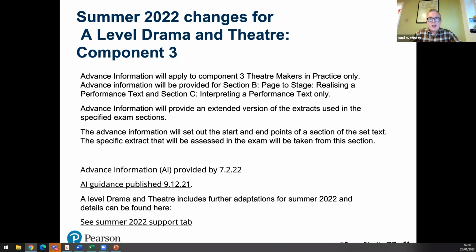Georgie has asked, are there any restrictions about the date a production was recorded to use for live theatre? Does it need to be a production that was recorded recently? No, Georgie, absolutely fine. There's never been any restrictions for the Pearson specifications. I know that for some other boards, I think they might have put like a 5-year limit on, that if it was before 2016, 2017, students couldn't use it, but it's absolutely fine.